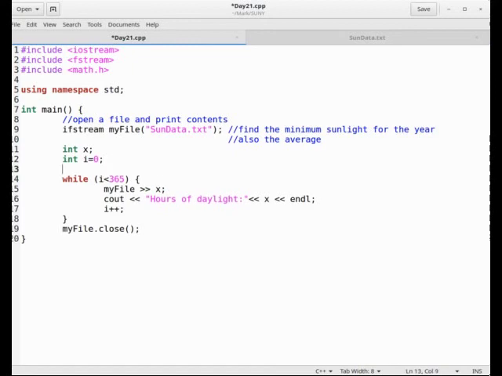To get the average, we'll have to get the total amount of sunlight and divide by 365. So we'll create a variable total. Make sure you start it off at 0, and then inside the loop we'll add on to the total the amount for that particular day, which is called x, and then at the end,